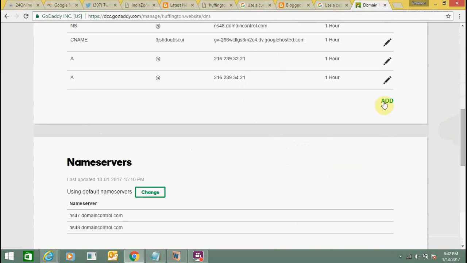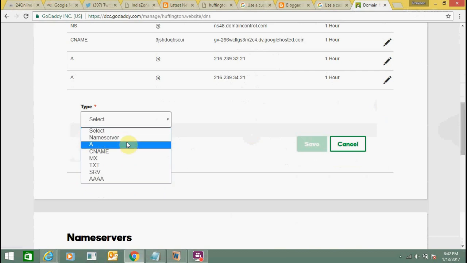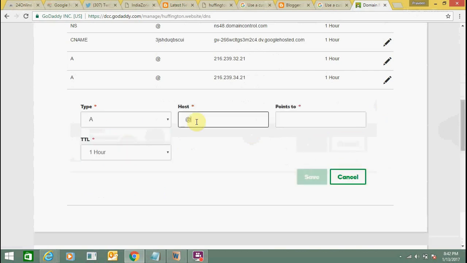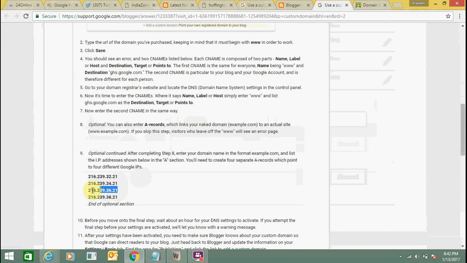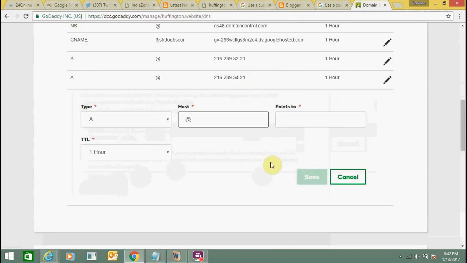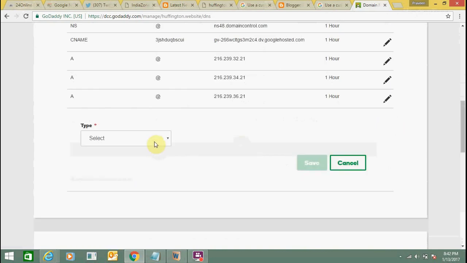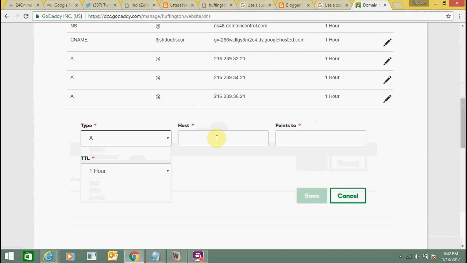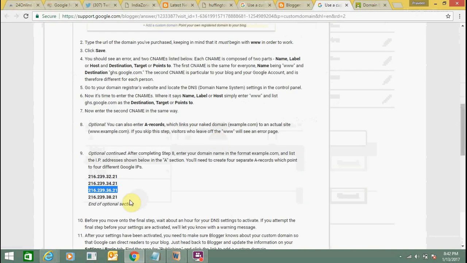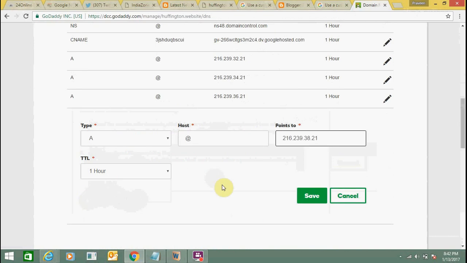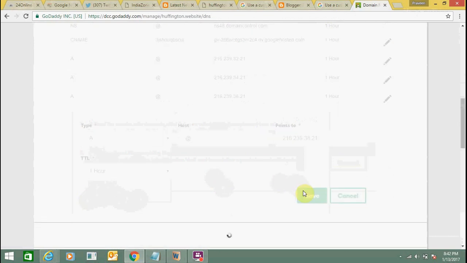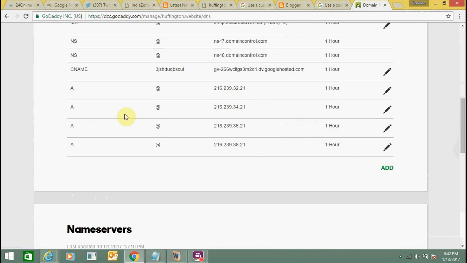Then the third one, copy this, paste, click on save. Last one, done. All 4 A records are now added to your web hosting account.